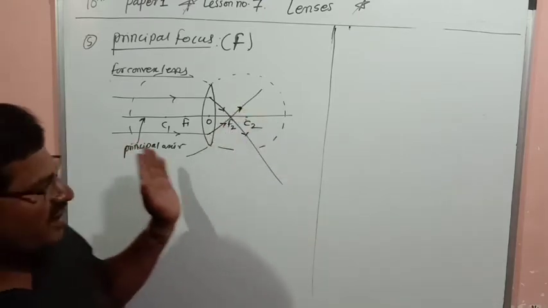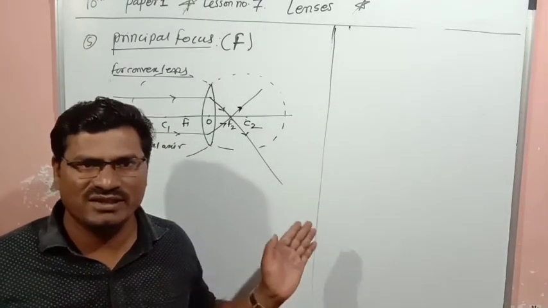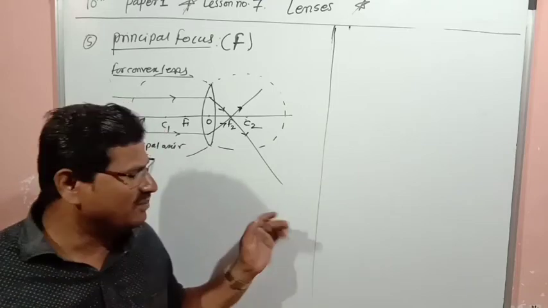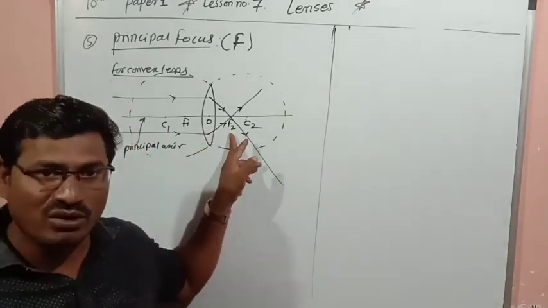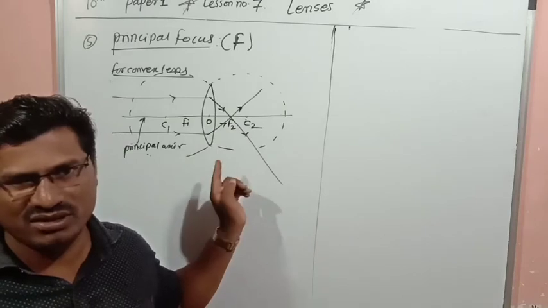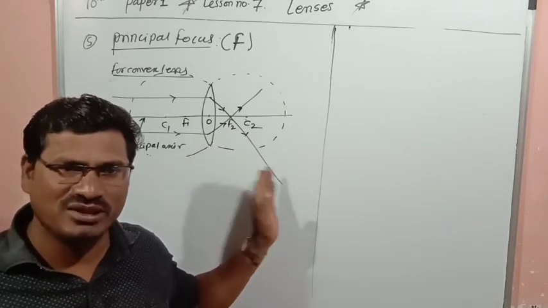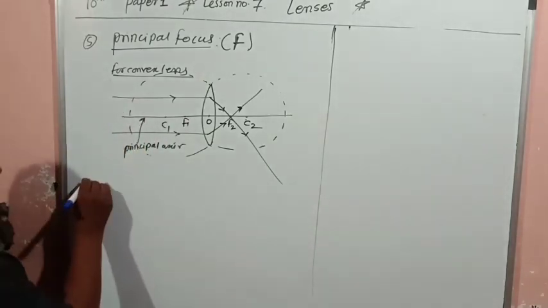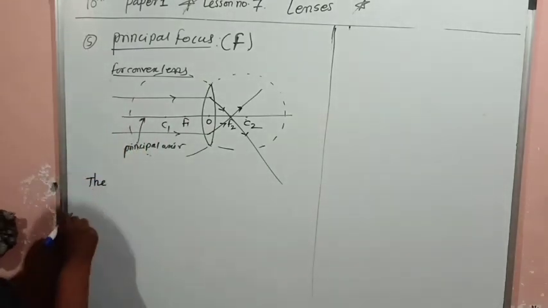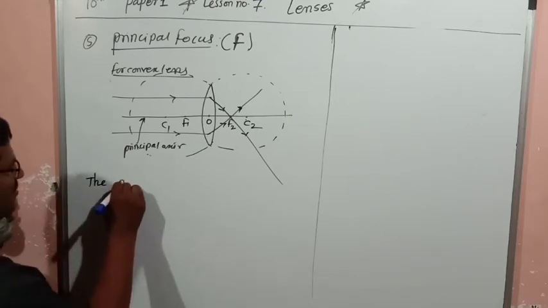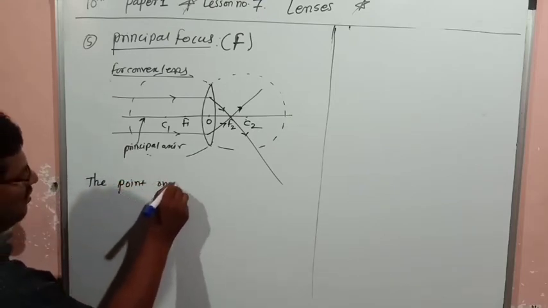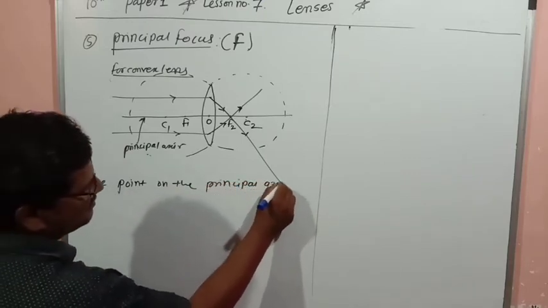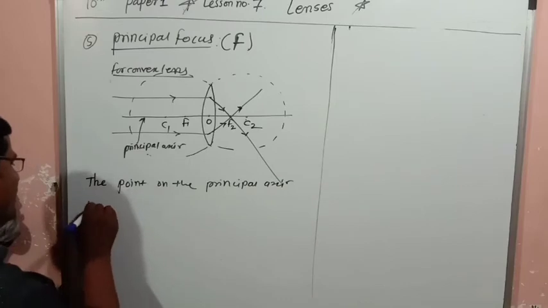So light rays coming parallel to the principal axis, after refraction, meet at a single point on the principal axis. It is called the principal focus. So the point on the principal axis where